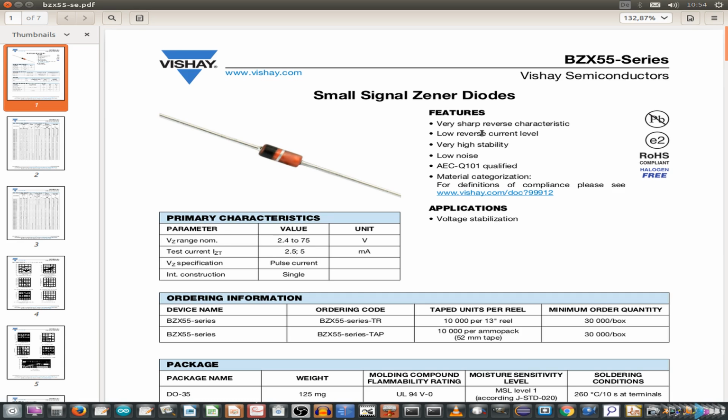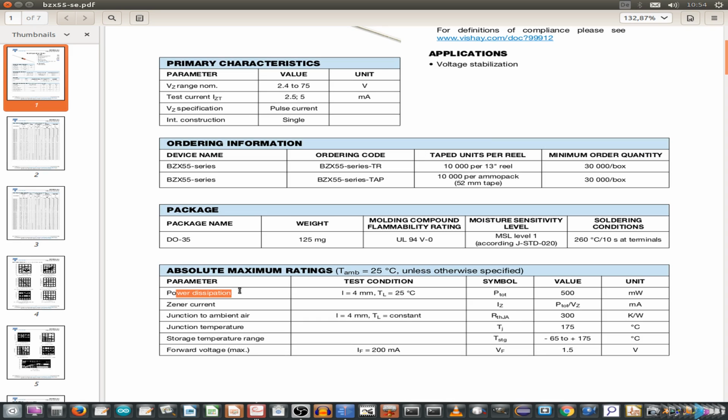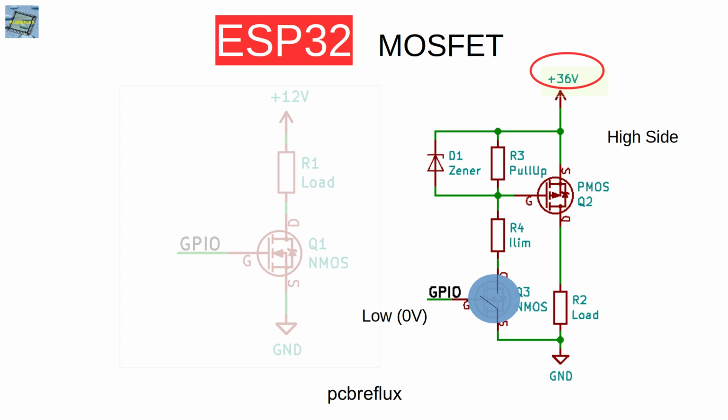And we have to look at the data sheet what the limits of the Zener diode that we choose are rated. So if we now switch our GPIO pin to 0 volt, the N-channel MOSFET is off and